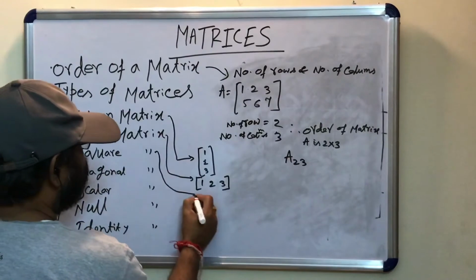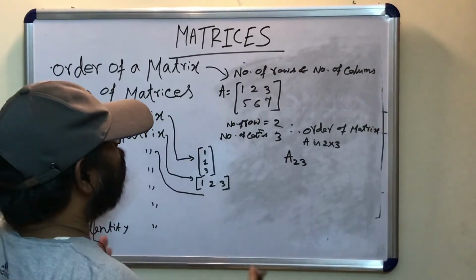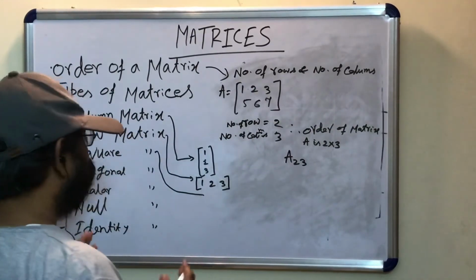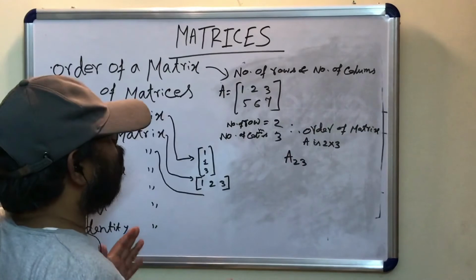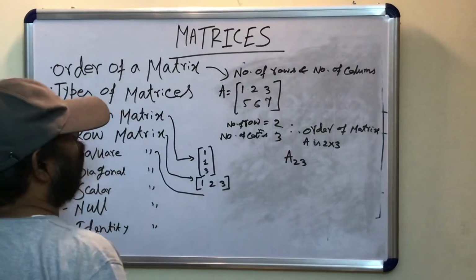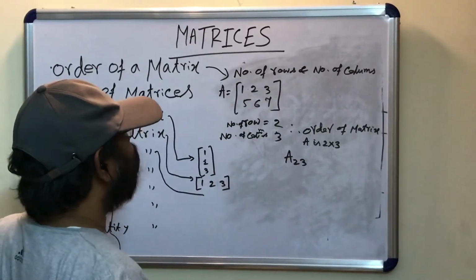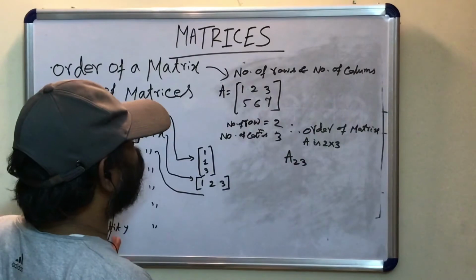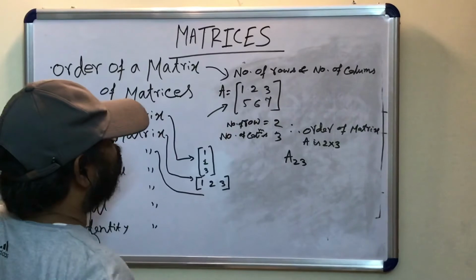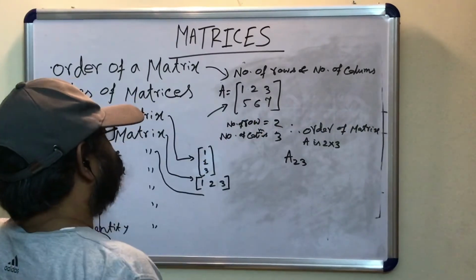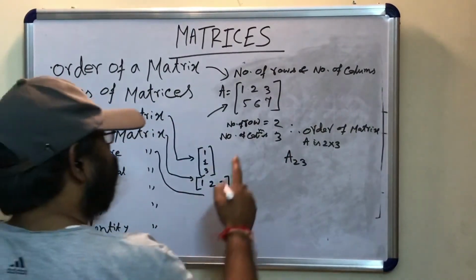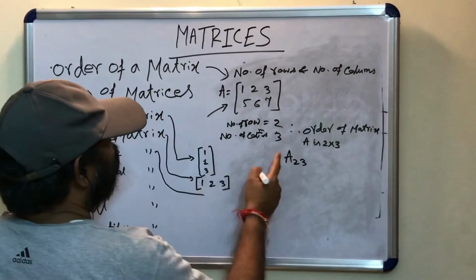What is a square matrix? A matrix is the arrangement of elements in a two-dimensional array. In two dimensions, we can represent the elements in rectangular form or in square form. What is the rectangular form of the matrix? Where the number of rows and the number of columns are not the same. Like this matrix A. Here the number of rows is 2 and the number of columns is 3. So the number of rows is not equal to the number of columns. That is why it is a rectangular matrix.